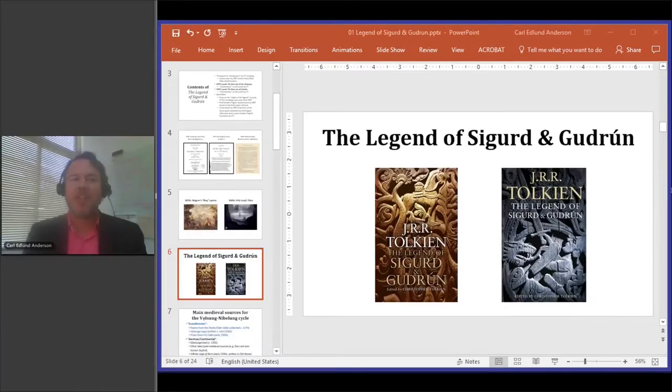If you missed some of the slides, we've so far had some slides just summarizing the content of the published Legend of Sigurd and Gudrún book. Just a few slides showing the first pages of Andrew Lang's Red Fairy Book and the Völsung saga translation by Morris and Magnússon, from which that was adapted, and then the first page of